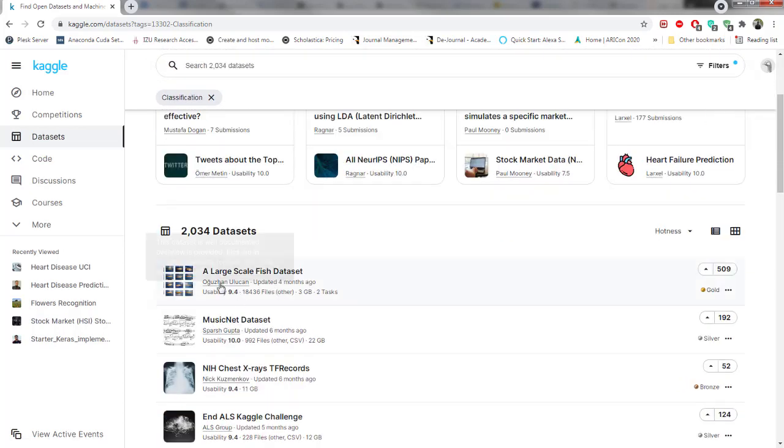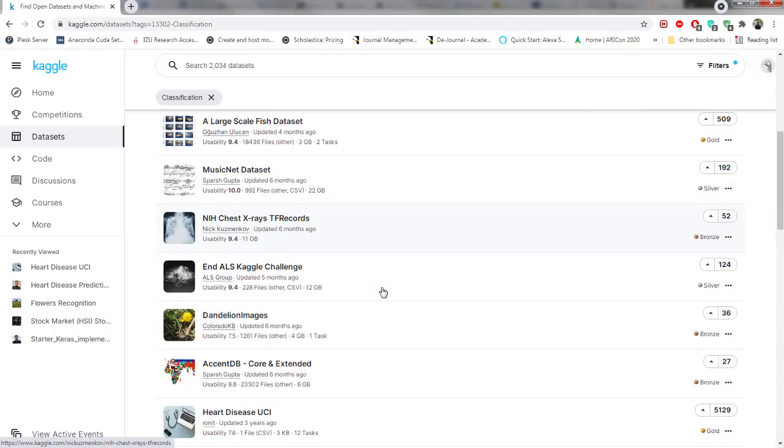Here it shows that there are 2034 datasets available in this category. You can dig more. For example, there is a large-scale fish dataset, and obviously you have to categorize it. If you find a fish, you can say this type of fish belongs to this name. You can see that this dataset is 3 GB. So I will suggest you to download a dataset which requires minimum